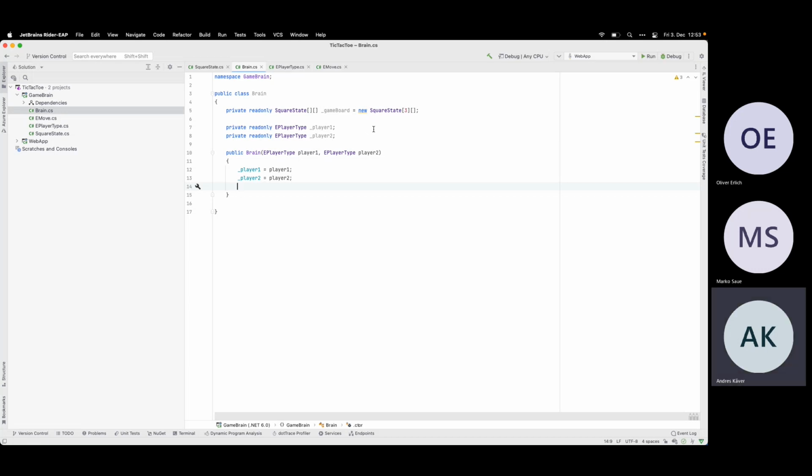Okay, and I need to initialize the game board also. Can I do it like this?